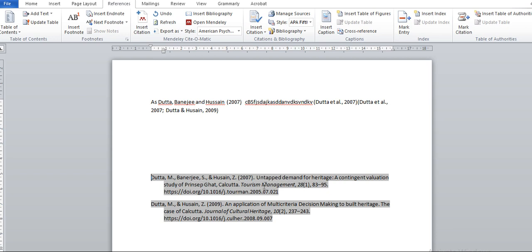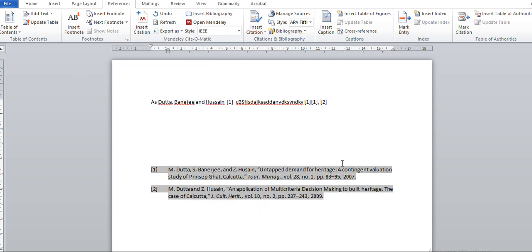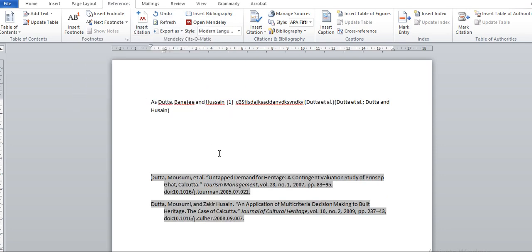Now look at this, I'll show you. This is APA where the year comes here. This is IEEE where the year comes at the last, and then there is MLA. So in this case the year is somewhere here. So this basically is a change of sequence, so you don't need to worry about it. Mendeley will help you in a lot of things. So use Mendeley and your research life can be very simple.